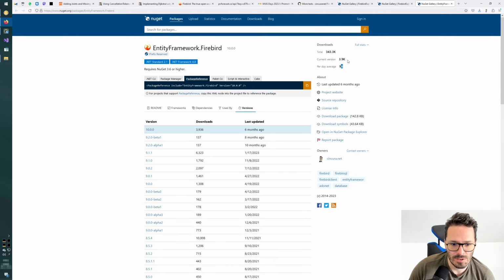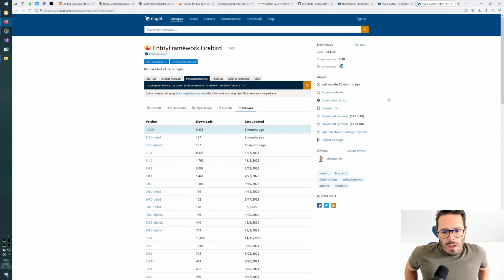I would expect that you are all using EF Core because the EF6 is good, but it's done. It's not receiving any major work or anything like that. So it would be pretty stupid to continue building on top of that. Although you can, but I would still assume that